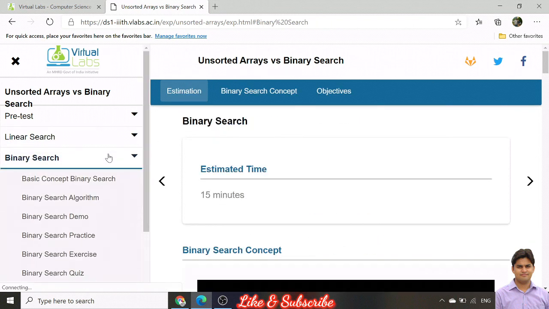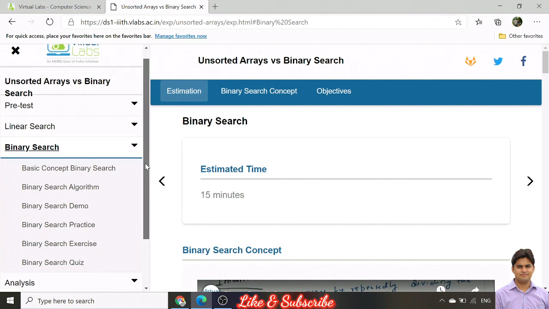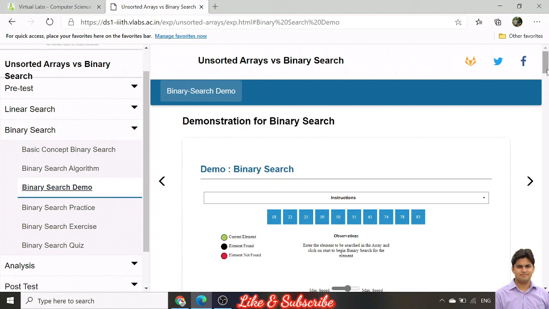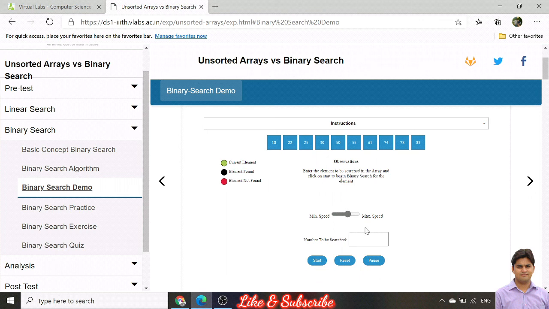Next one is binary search. The concept behind binary search is that all the given array elements are in sorted form. So we have to find the element, like I want to find the element 50 in the given array, then directly 50 is found at the fourth position because it breaks the given array in two parts. Again I will search for 71.